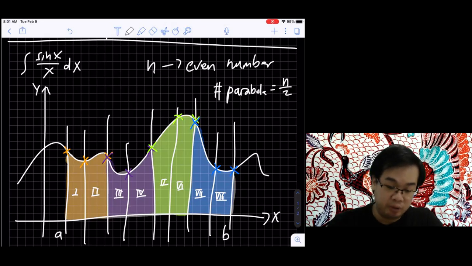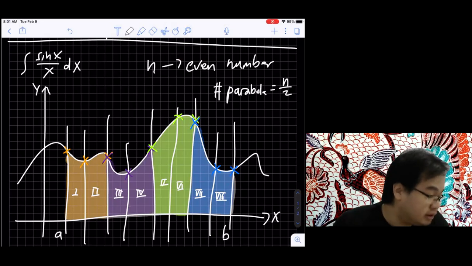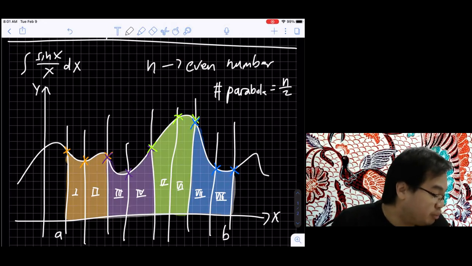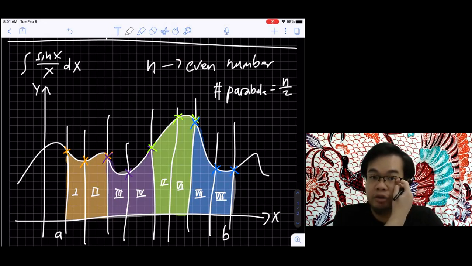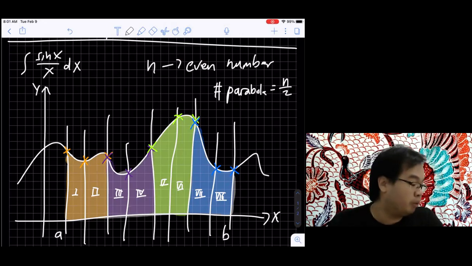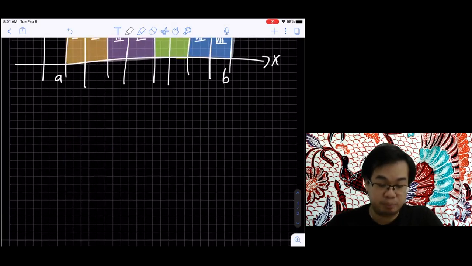So let's continue. Now, how do we estimate it? By creating a parabola. By the way, if you want to see a clearer picture, you can see your book page 253, figure 5.10b, the right one. The book tries to compare the trapezoid rule and Simpson's rule. And for a curved function, usually Simpson's rule will have a better approximation of the value of the definite integral, the area below the graph. Okay, now let's continue. Let's pick one.